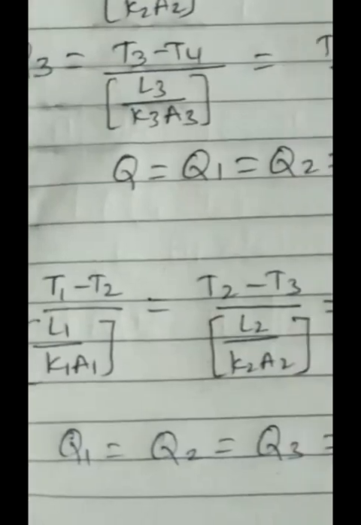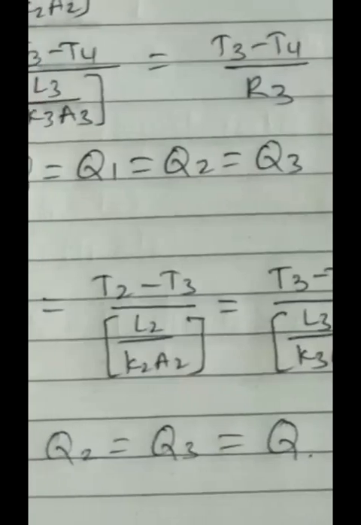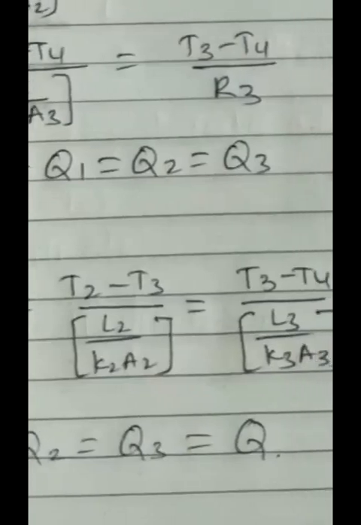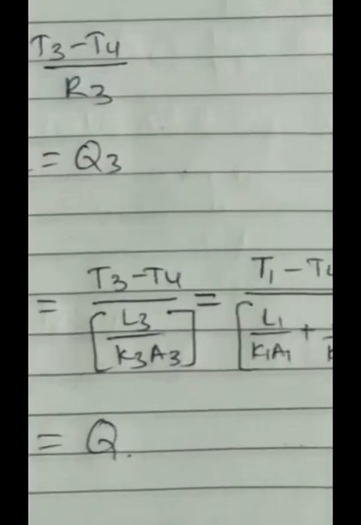So this is equal to the rate of heat transfer through the second block, T2 minus T3 divided by L2 divided by K2 A2, right? This is for the second block. And this is for the third block, T3 minus T4 divided by L3 divided by K3 A3. This is for the third block. So this is equal to the entire system, that is T1 minus T4 divided by R1 plus R2 plus R3,